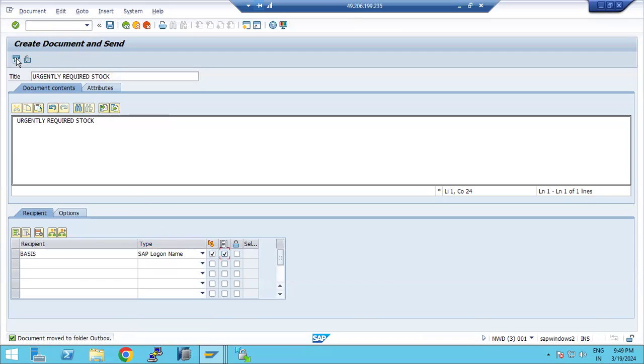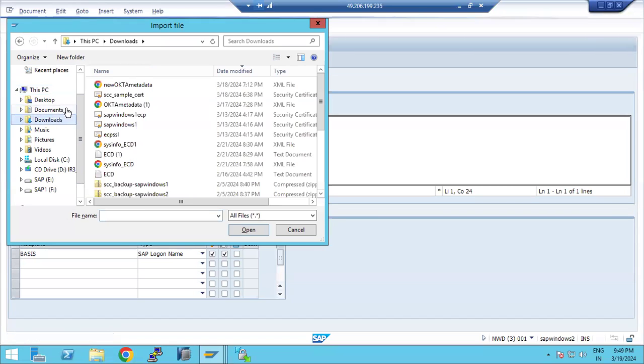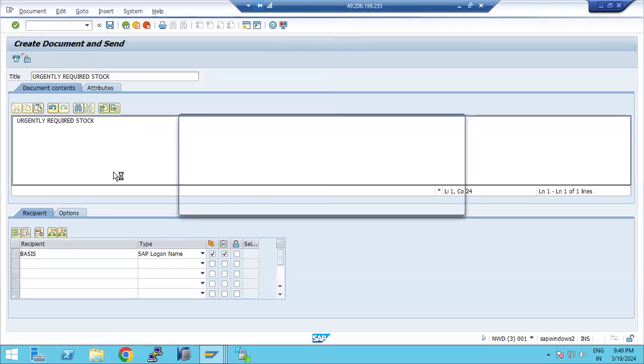Then just click on the send button here. If you have any attachment, you can also add the attachment here. Suppose you want to send some attachment also. So then what I am doing, I am attaching the attachment here,